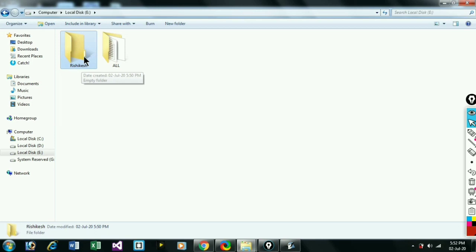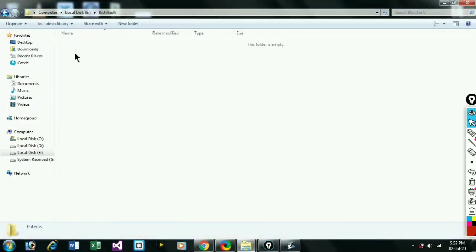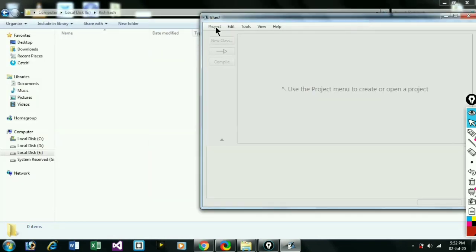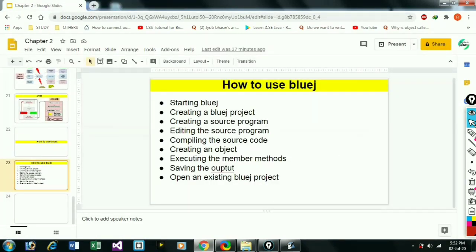Okay, this is the folder which we just created from BlueJ. So this is our folder, and the folder is empty right now. Now we'll create